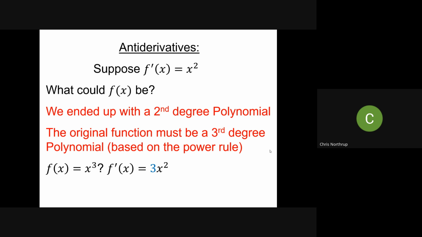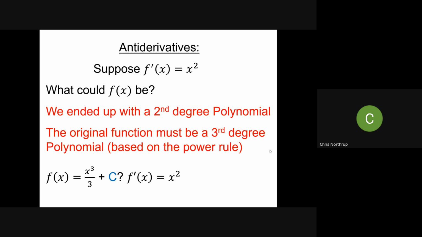So I want to maybe doctor it in such a way to where that 3 coefficient will cancel off with something else. So maybe if I use instead x cubed all divided by 3, then when I take the derivative, the 3's will cancel, and I'll have 3 over 3 x squared, which is the same as x squared. All right, that works. So something else that could have worked, since the derivative of any constant is 0, I could have also chosen x cubed over 3 plus 6, or plus 10, or plus 100,